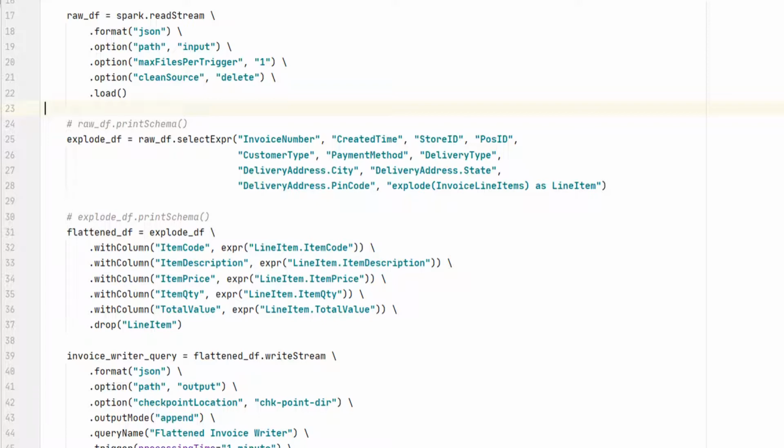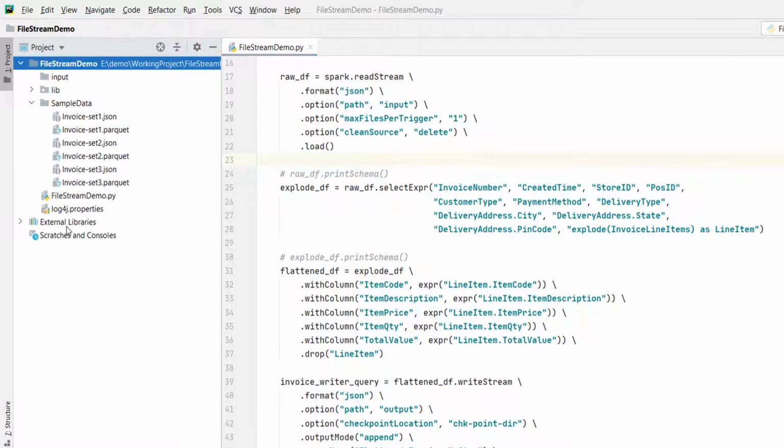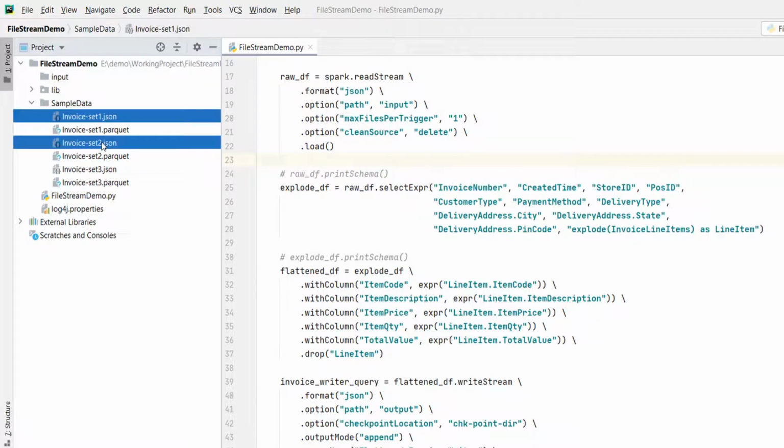Great. So now you understand the example and how it is going to work. Let's run it. I included 3 sample data files. I also have a Parquet version of the same data. This example uses JSON files, but you can also try changing the example to work with the Parquet files. You can copy one file in the output directory and run your application. Then you can copy the second and third files to see if the second batch is picking the new files. However, I am copying all of them at once.